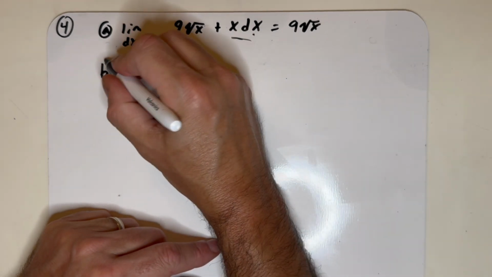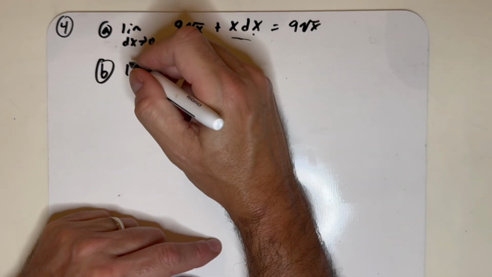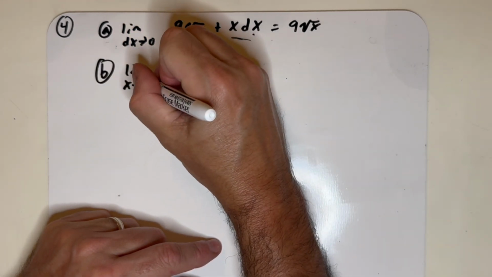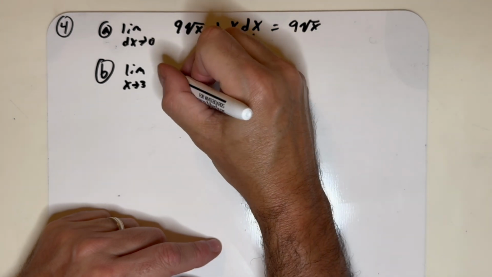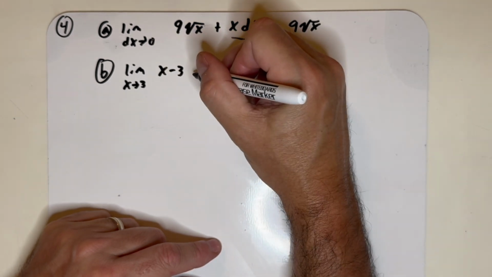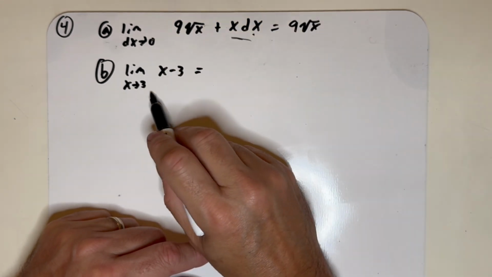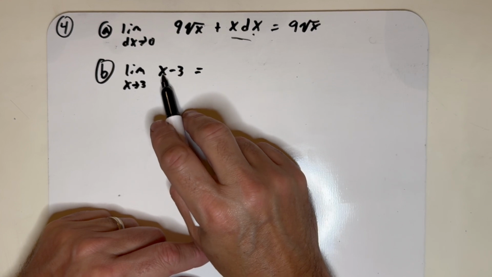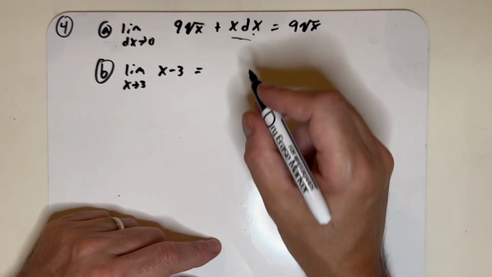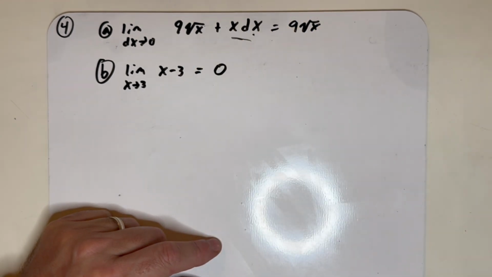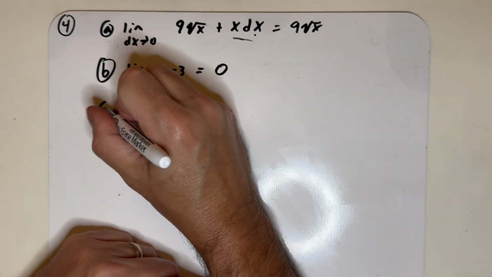Let's look at b. b, the limit as x approaches 3 of x minus 3. Well, as x approaches 3, we can imagine just substituting in x equals 3. We get 3 minus 3 is 0. So this limit approaches 0. C,